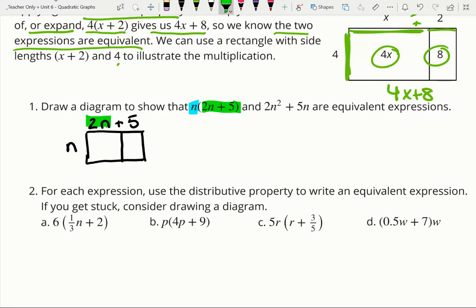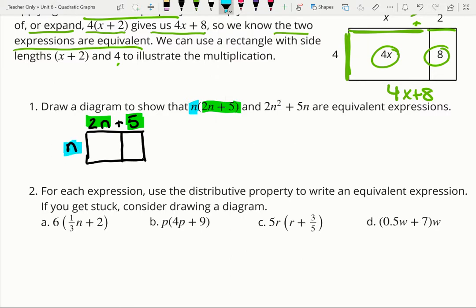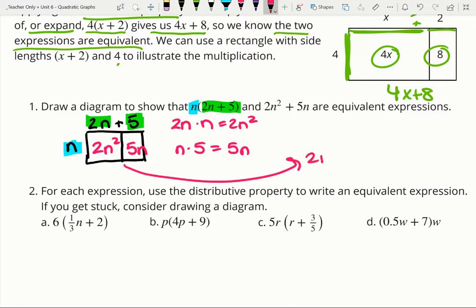So I'm just going to indicate what all those pieces are with my highlighter here. And then I'm going to calculate those individual areas. So 2n times n makes 2n squared as my first area, right? n times n makes n squared, and then we're just multiplying by 2. And then n times 5 makes 5n, which goes in our other rectangle. And when we add those together, we get 2n squared plus 5n, which is exactly what we wanted in the